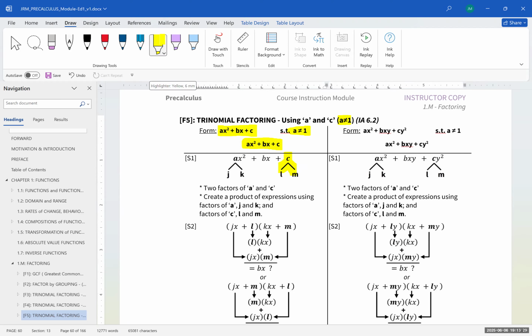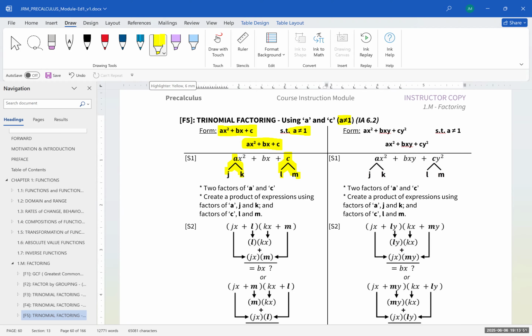We're also going to do the same thing by looking at factors of the leading coefficient. Once we've got these factors set up for the leading coefficient a and the constant term c,